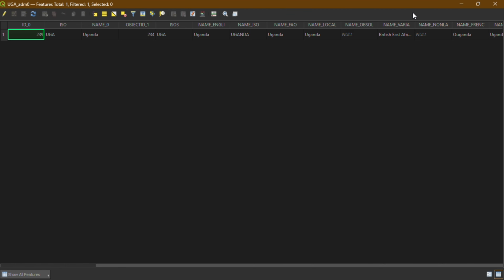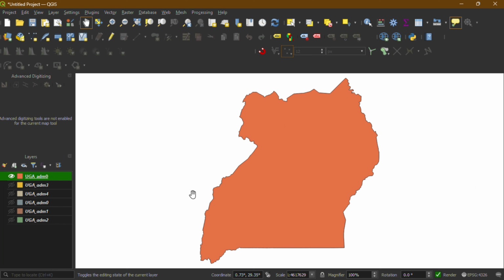And if you see the attribute table, it has only Uganda, because this one you have just added the boundary showing a map of just Uganda. So this is it. This is how they import vector data into